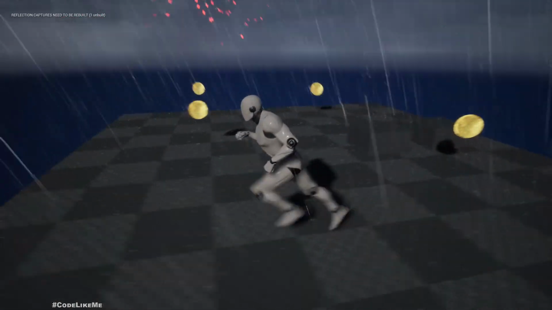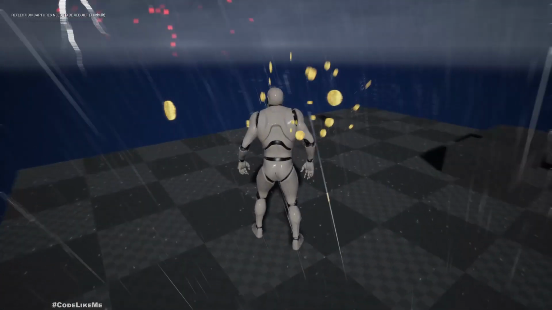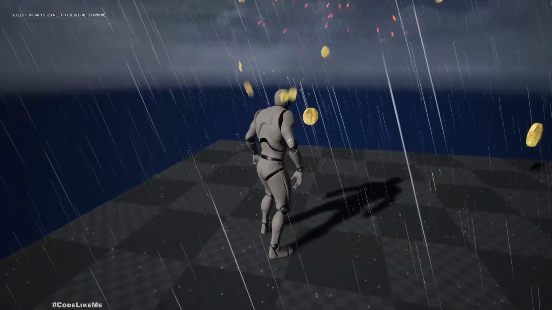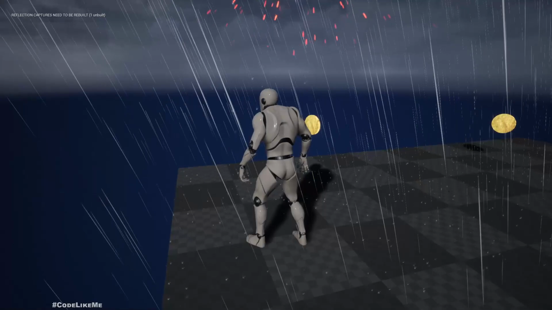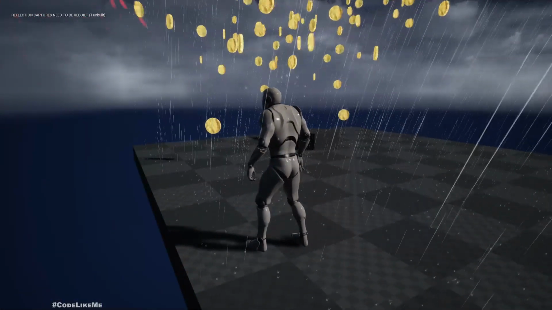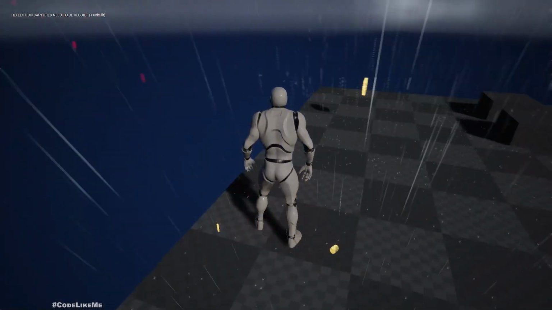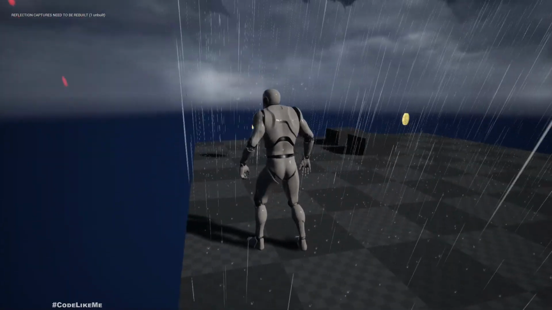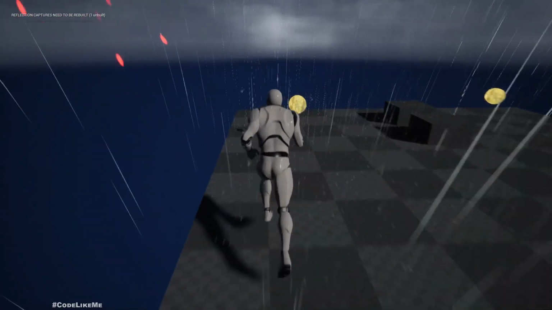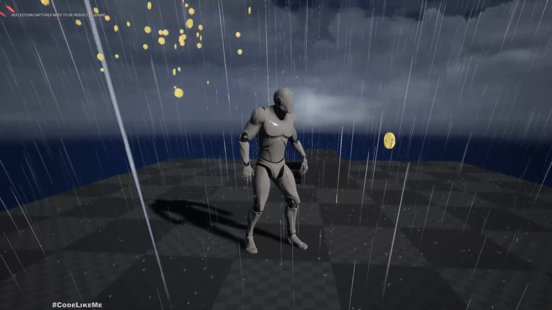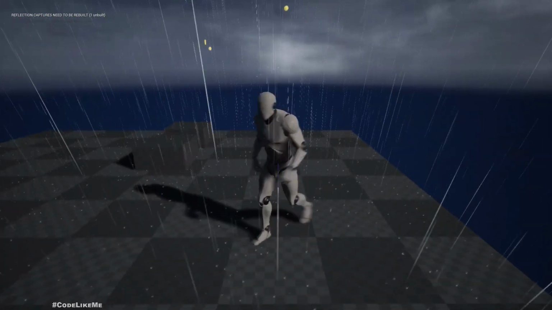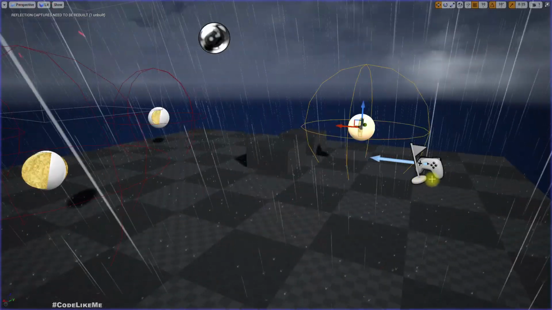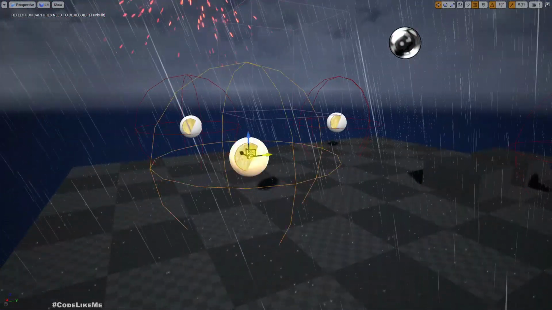Hello everyone, today we are going to work on this coin collection Niagara particle. As you can see, when the character reaches one of these coins, a set of coins will be burst from that coin and it will be attracted towards the player character. So this is the effect we are going to work on today, and we can customize the amount of coins